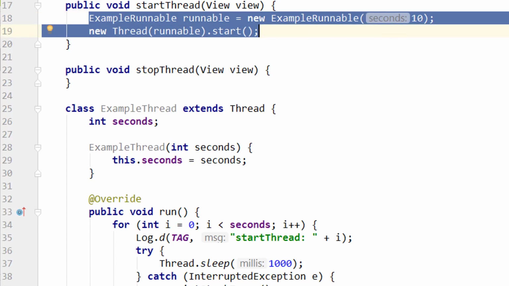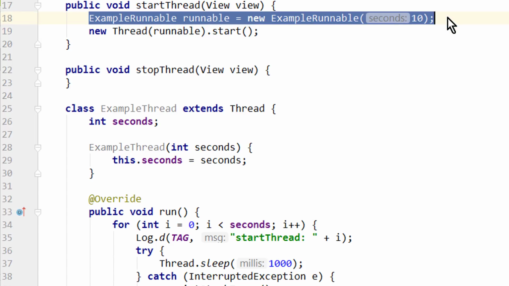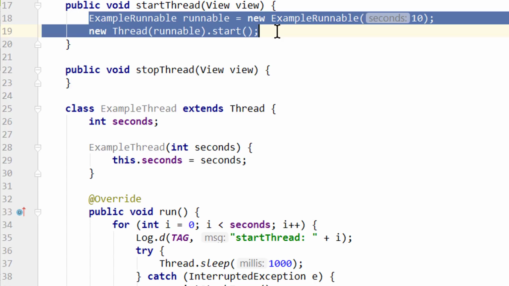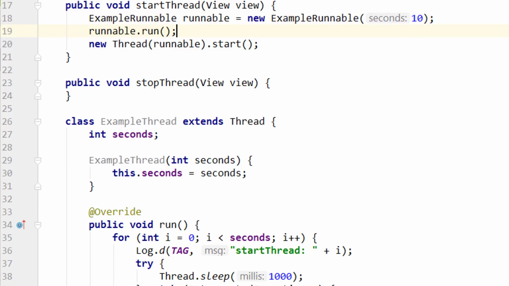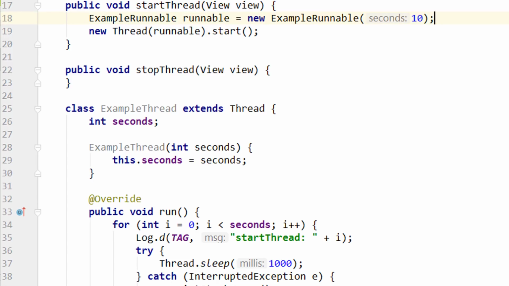Because we don't actually want to change the behavior of the Thread class, we just want to pass it some work to execute. Also this way we loosely couple the work that is to do with the choice of concurrency, because a runnable can still be executed on the main thread if we decide to do that later. Then we could just call runnable.run to execute it directly on the thread we are on at the moment, which is the UI thread in this example. However, both approaches work.